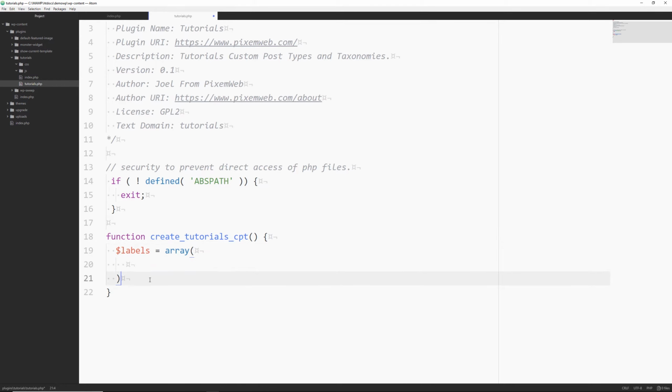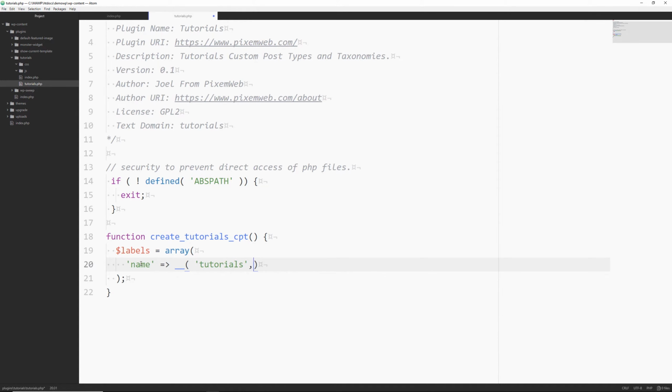Go to a new line, and then I'll put the semicolon over here. But right here, what I'll do is give it the first key and then the value to go along with it. So we're going to say our quotation marks right there, call it name, go outside. And then we're going to use the equal sign and then the greater than symbol, tab it, double underscore, opening parentheses, and then the name is going to be tutorials.